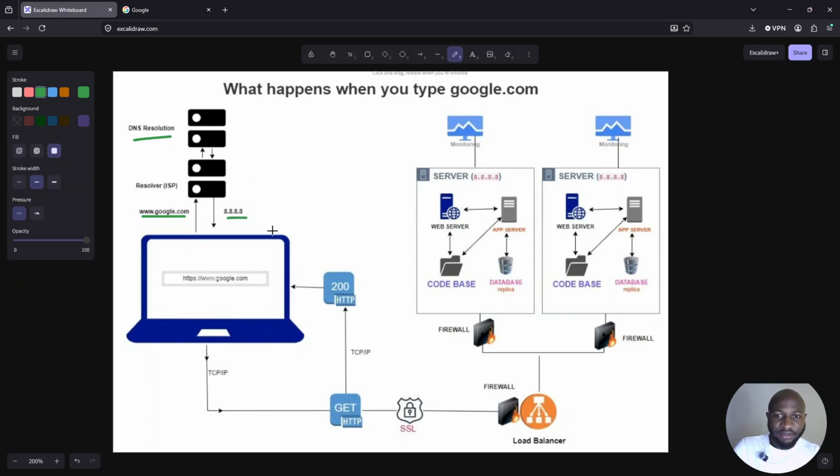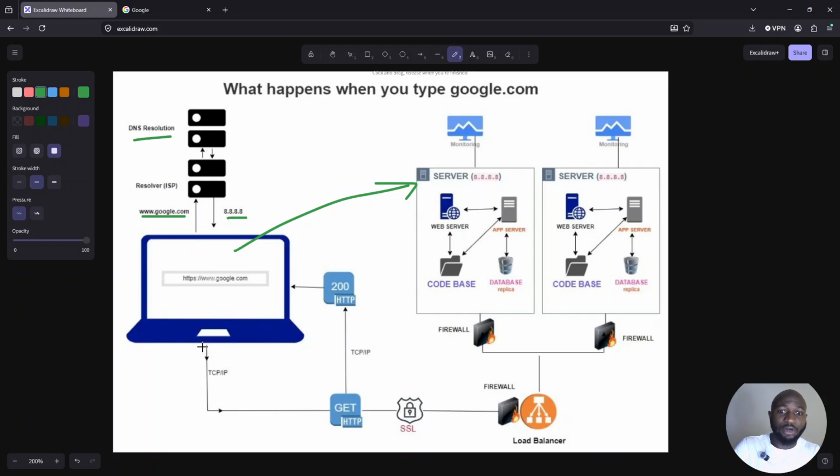In my case, my browser is Firefox, and your browser could be Safari, it could be Chrome, it doesn't matter. So your browser would first of all have to know where it has to take you, and then after it figures that out, you don't just teleport or shoot directly to Google's server. So what happens is, from your computer or your phone or your tablet, whatever device you're using to